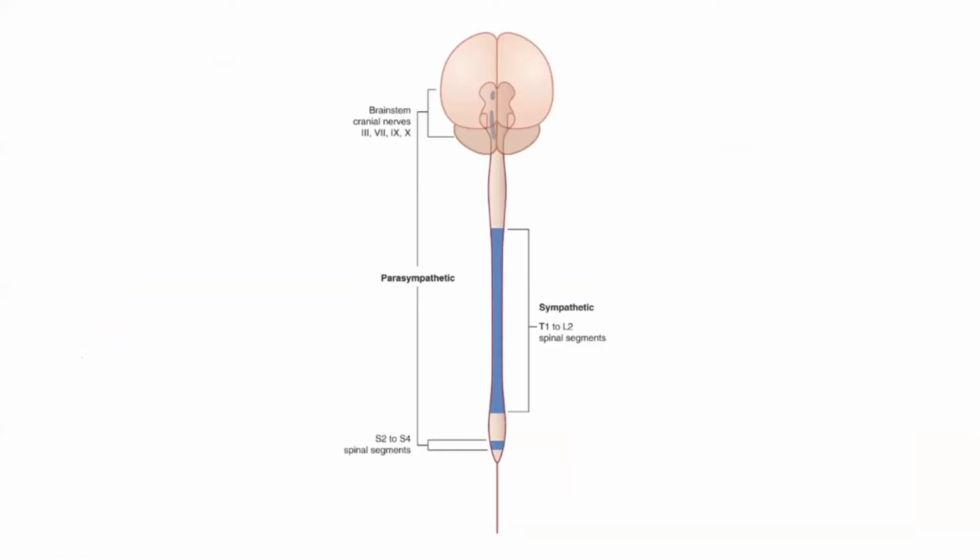As I mentioned, the autonomic nervous system is divided into the sympathetic and parasympathetic systems. The sympathetic system has its cell bodies located in the T1 to L2 spinal segments. This sympathetic system innervates structures in the peripheral region of the body and the viscera. But the craniosacral system, which is the parasympathetic system, is more restricted to innervation of the viscera only, mainly. As we mentioned before,